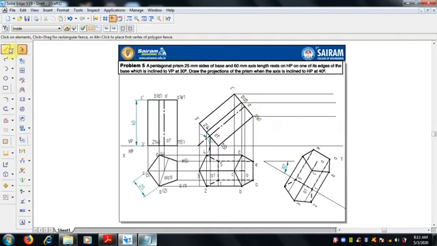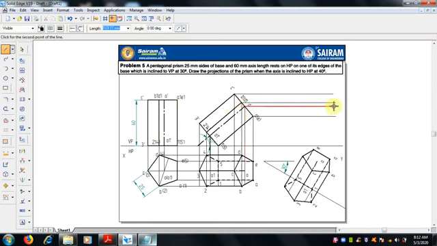We will project this from 3 dash, from 2 4 dash, yes. And now 1 dash, where it meets, it will meet here only.